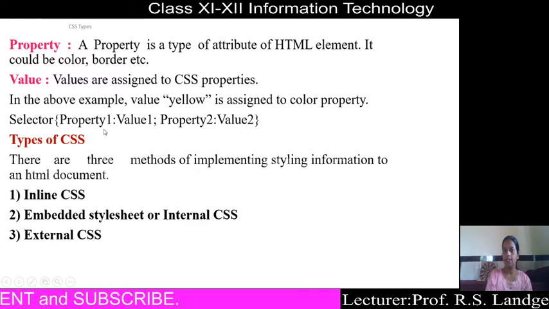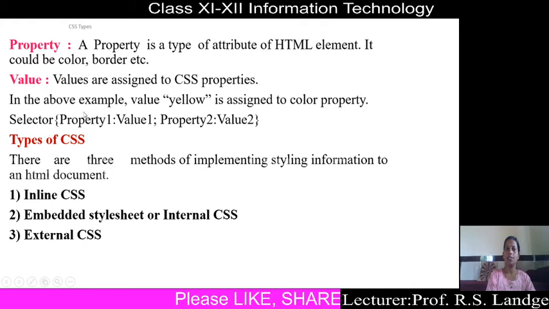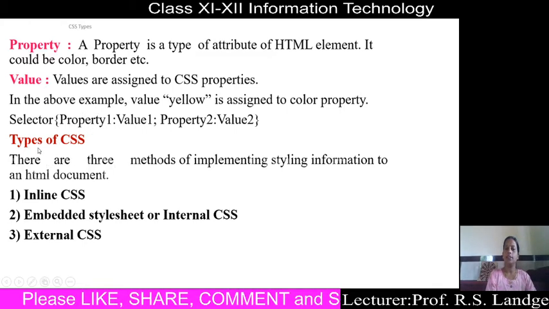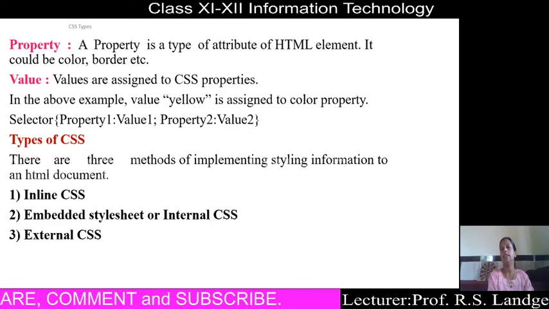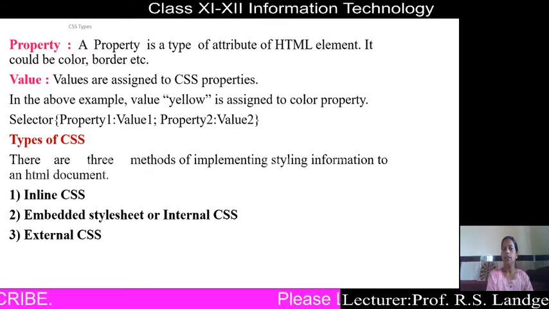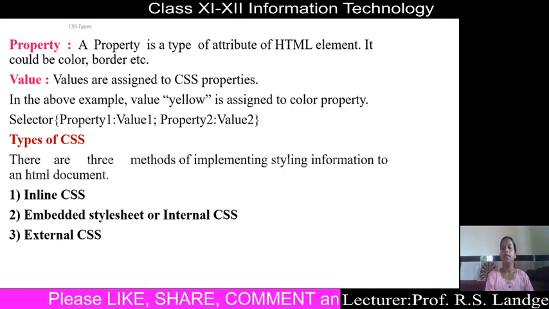Property means a particular type of attribute of an HTML element, and value is used to assign a particular value for that property. Now we have to learn the types of CSS. There are three methods or types of CSS implemented to provide style to HTML elements.